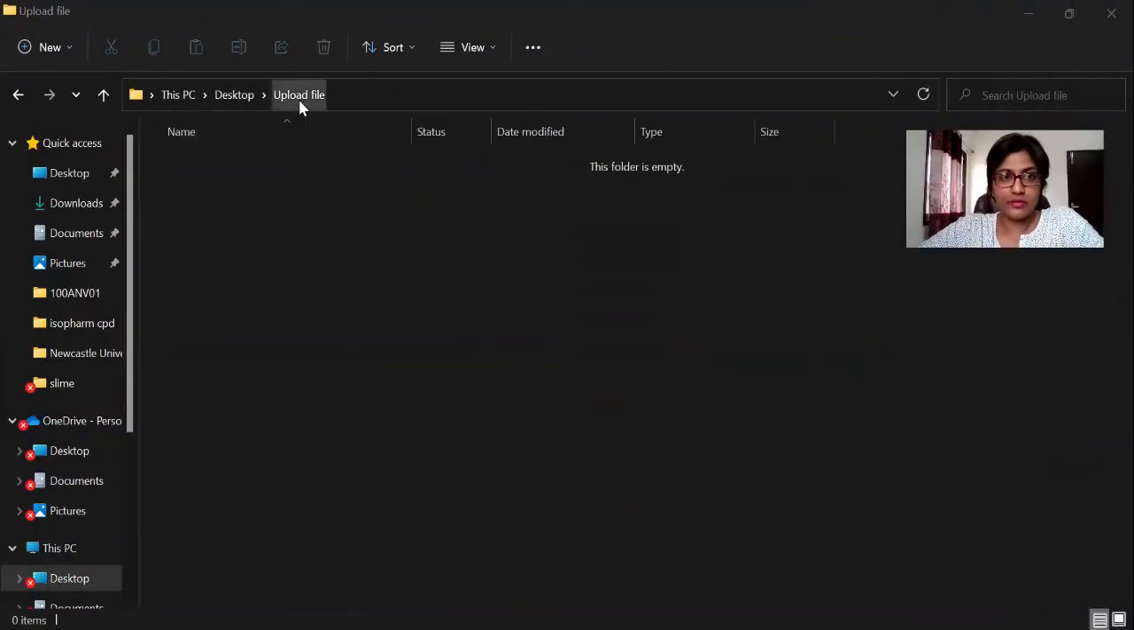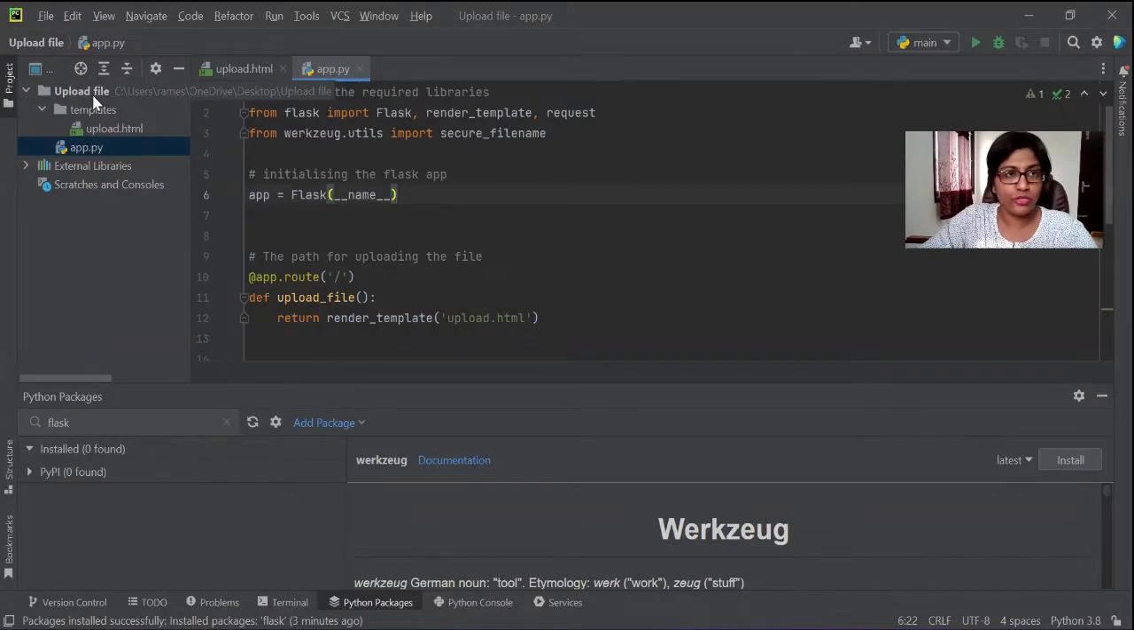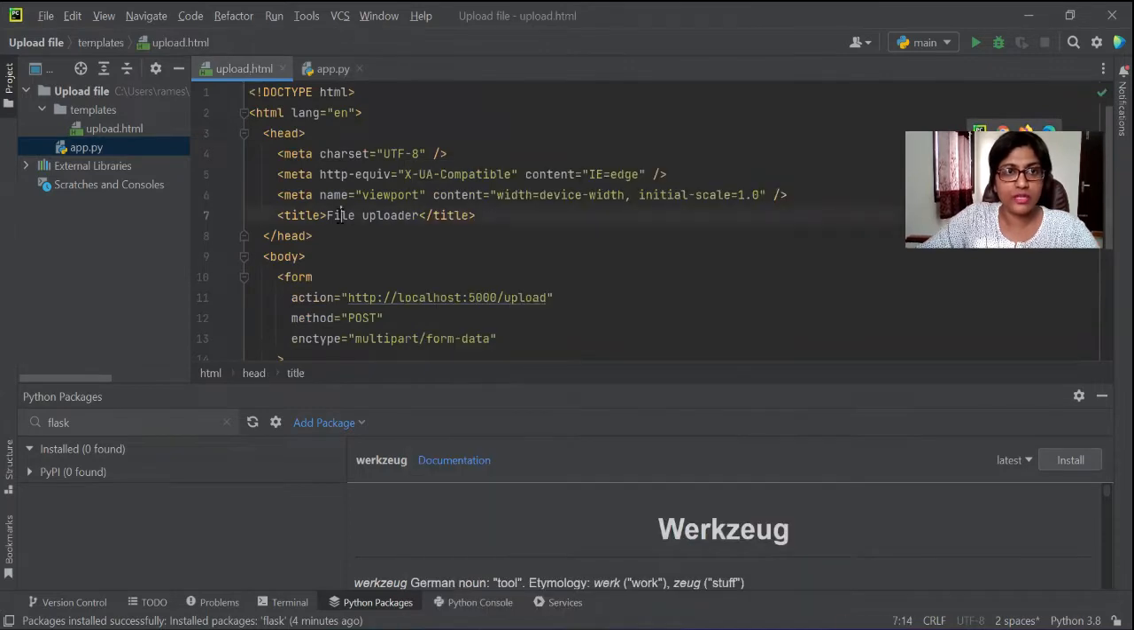So I have created a folder upload file. I'm going to create an app.py file, which helps you to upload the files and create that REST API. I'm going to use PyCharm. I have created a folder called upload file, and in that I created a templates folder, and inside that I put that upload.html file. So I can show you what's in the